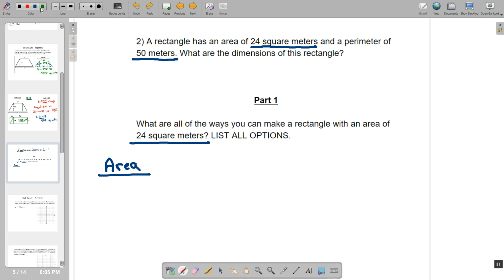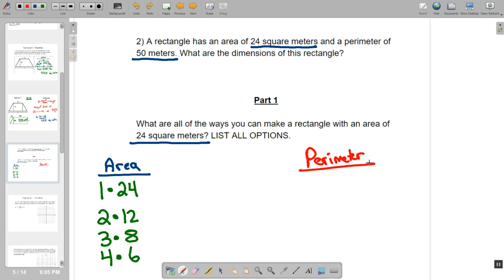We could do 1 times 24. That would obviously work. We could do 2 times 12, 3 times 8, or 4 times 6. For these problems, if we then have to find the perimeter, the way that I'm going to find the perimeter today is I'm going to do this number plus this number, because those are 2 of the sides of the rectangle, and I'm going to double it because there are always 2 extra sides. So I'm going to do 10 times 2, which gives us a perimeter of 20